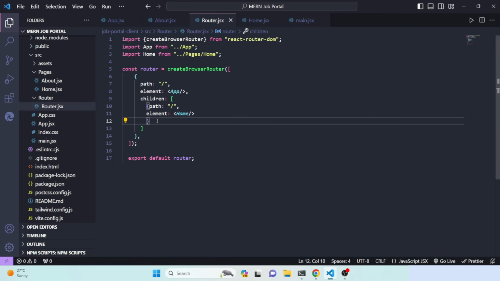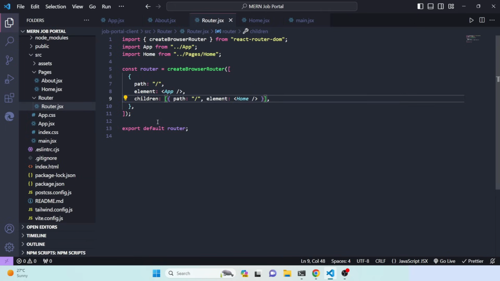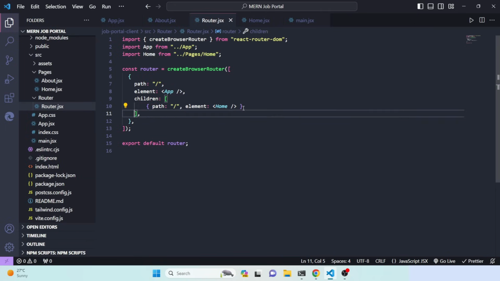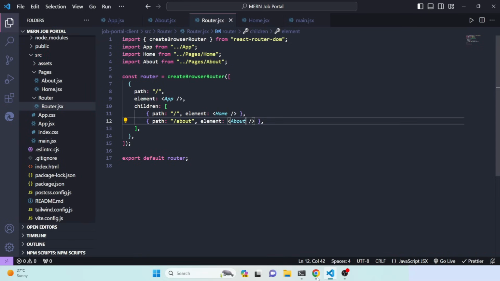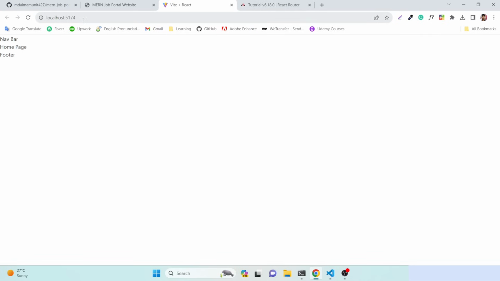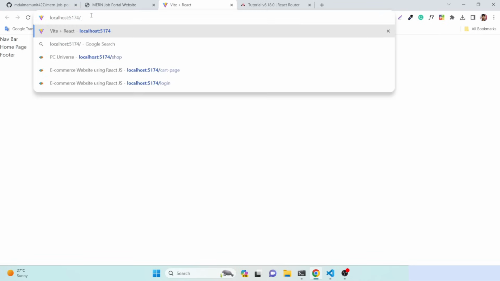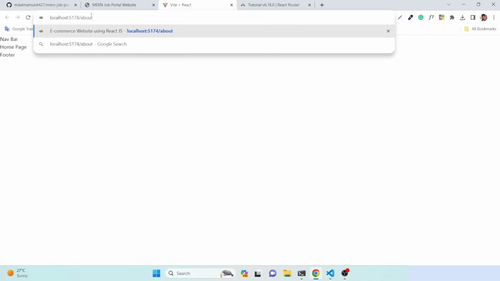So in our router.jsx we actually define another child. Let me format it, and this is the first child, you can see, and then we use a comma. We can copy this line, and here instead of the root path we can define about, and that would be our about component. Okay, so if you do this now nothing changes, but if you just define about here and press